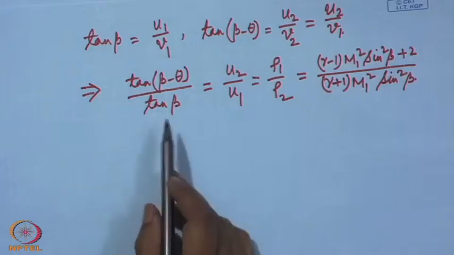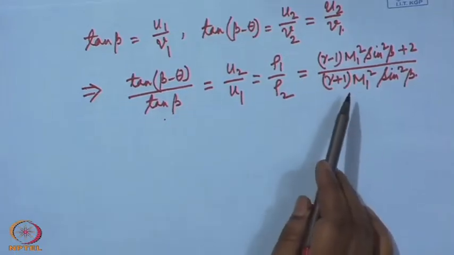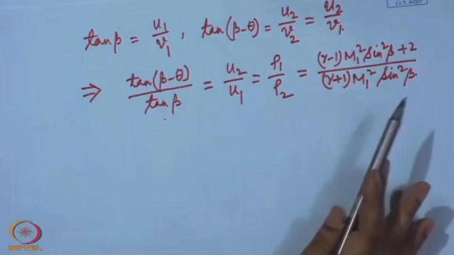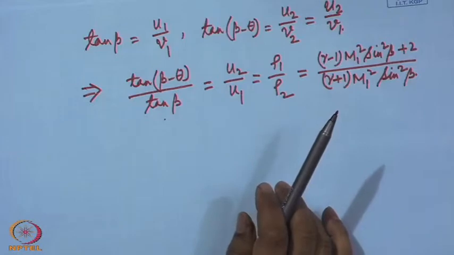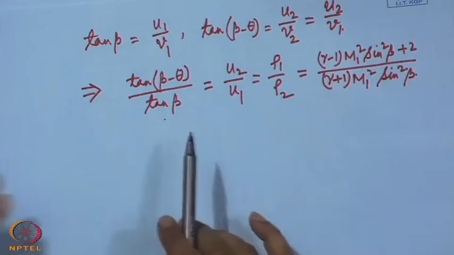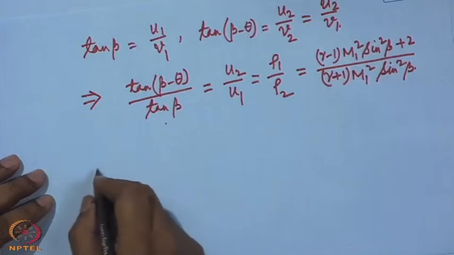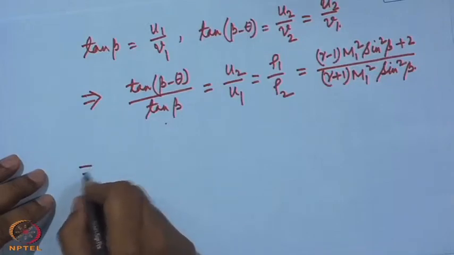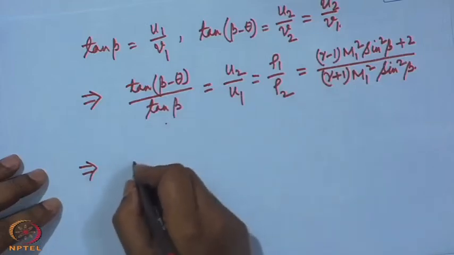Now, using this trigonometric relationship, tan beta minus theta by tan beta equal to gamma minus 1 m 1 square sin square beta plus 2 by gamma plus 1 m 1 square sin square beta, can be manipulated. The trigonometric relationship can be manipulated to show that